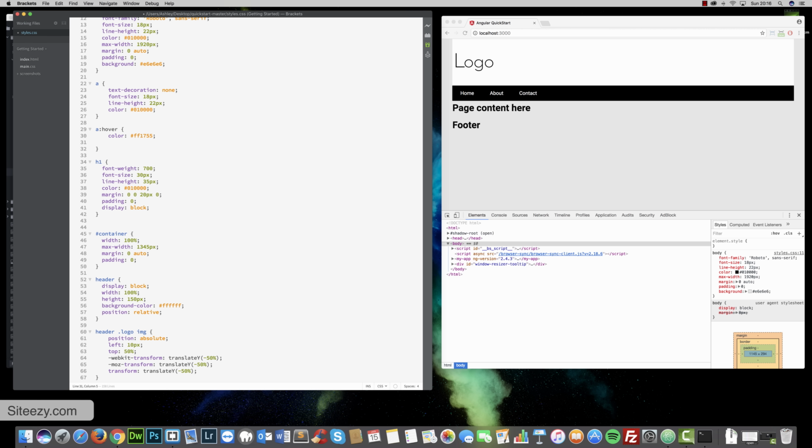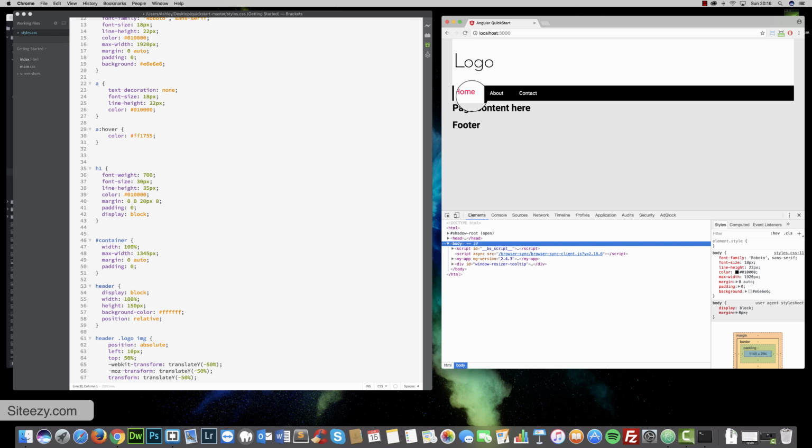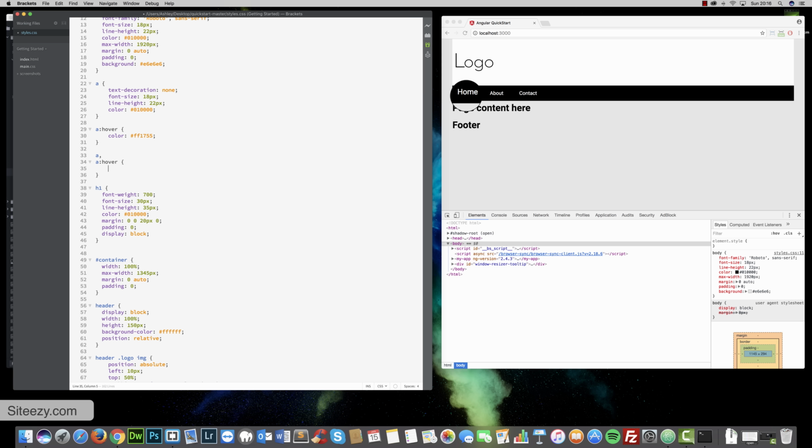But also for the hover state, if you look at this at the moment, it's very blunt, it's very sort of immediate, which I don't really like. I want this to be nicer, so to do that I'm going to add a transition. I'm just going to add in a transition for both the hover and also the normal default state. So it will transition when I hover onto it, and then it will transition when I hover out of it as well. So to do that, in CSS, we say transition